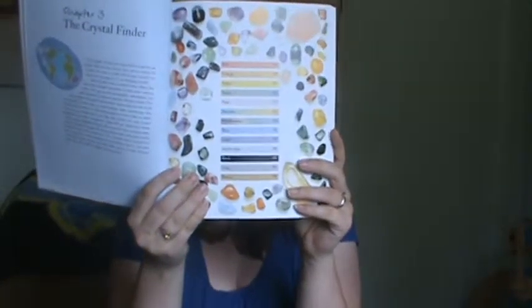And I have to say that probably my favorite part about this book is that, I'm going to actually adjust this camera. Okay. There. Sorry about that. My favorite thing about this book is the fact that when you come to the Crystal Finder section in Chapter 3, the crystals are actually organized by color. Red, orange, yellow, green, pink, rainbow, multicolor, and then all through blue, violet, white, black, gray, and brown. So if I wanted to find a crystal, say I had...